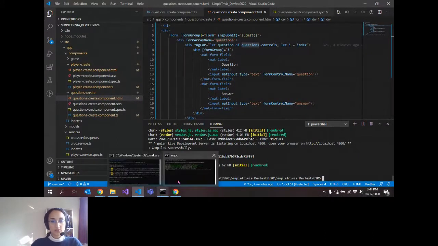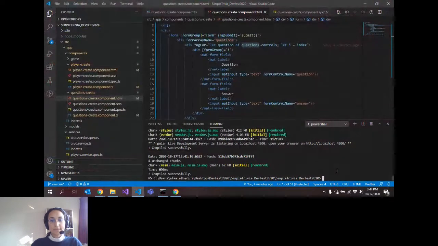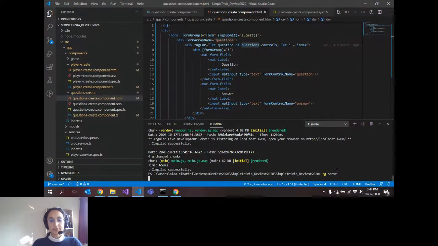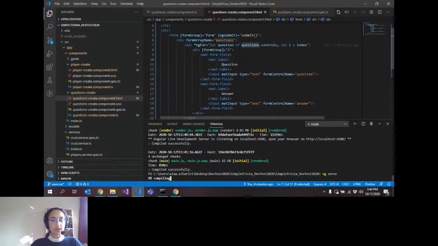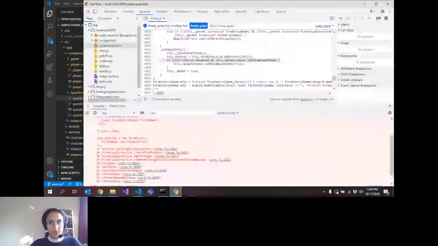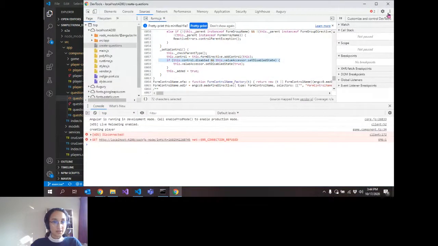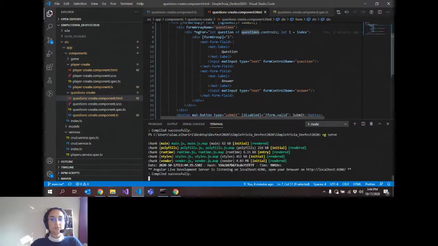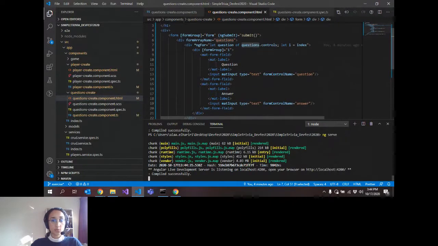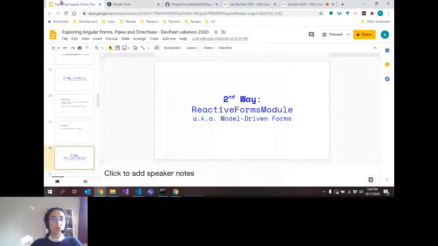So I will stop this and I will run this once again. Basically, although we might run into issues, and an issue that for some reason is taking too long to debug, it's probably just something that I misspelled somewhere. And I will make sure to update you on what happens when I figure out where I went wrong. But for now, let's just go over the